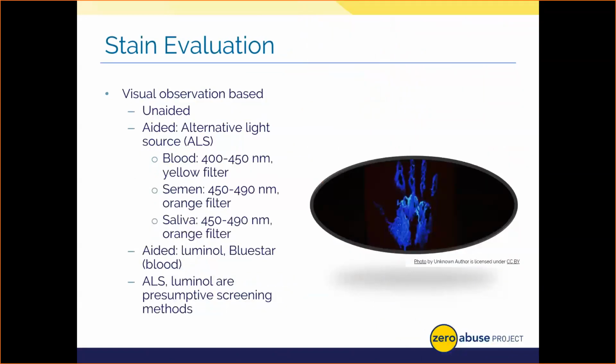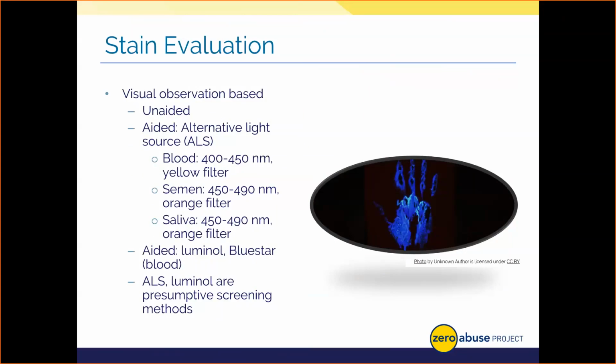Before we can determine what serological tests we need, we have to actually observe a potential stain on an item of evidence. At times, we can see stains with the unaided eye, but sometimes dilute stains or stains that are on non-contrasting backgrounds are pretty hard to see. So we use different wavelengths of light, measured in nanometers, via alternative light source, or ALS devices. We scan the entire garment, the inside, the outside, front and back, in and out of each sleeve and pant leg, and so on. It is quite a time-consuming process, I'll be honest.